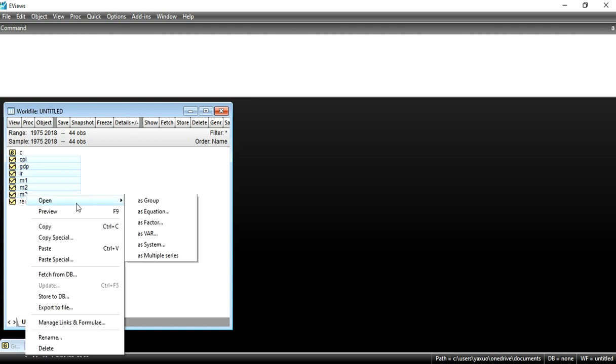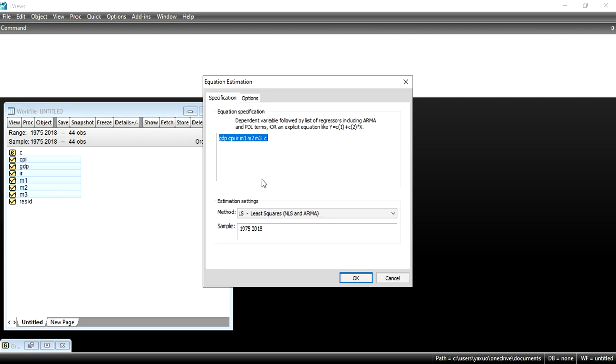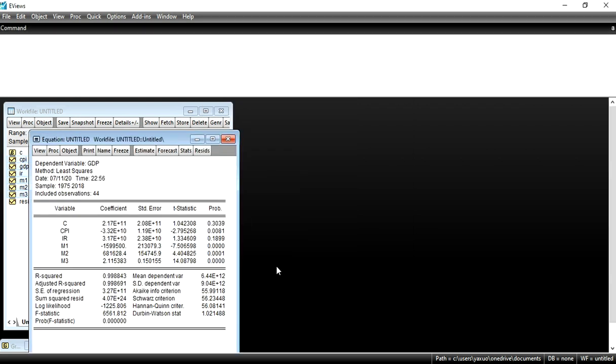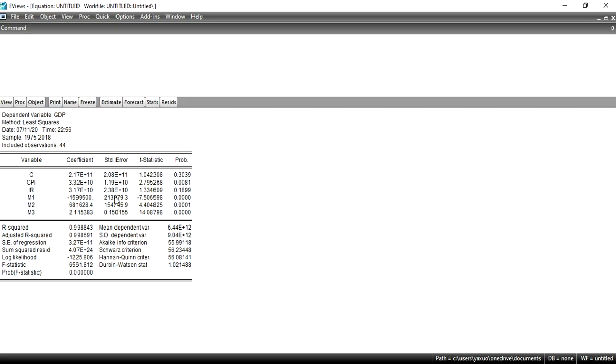Then right click and open as equation. Here you can see that the first variable is your dependent variable, and the method is already selected, which is the OLS method or ordinary least squares method. So keep it as it is and press OK. When you press OK, you will get the result.